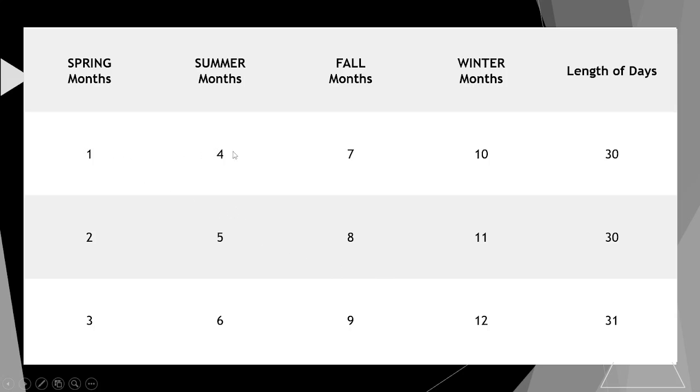The first month, fourth, seventh, and 10th month, they have 30 days. The second month, the fifth month, the eighth month, the 11th month, they have 30 days. But the days where the intercalary days are located are right here: the third month, the sixth month, the ninth month, and the 12th month. That's where you will find 31 days. And remember, the intercalary days are the indicators for moving from one season to another. Okay.